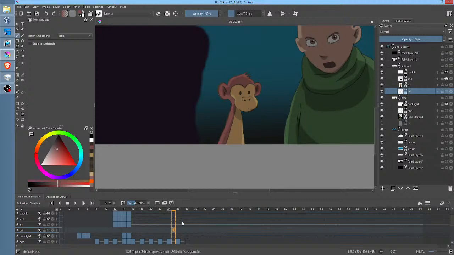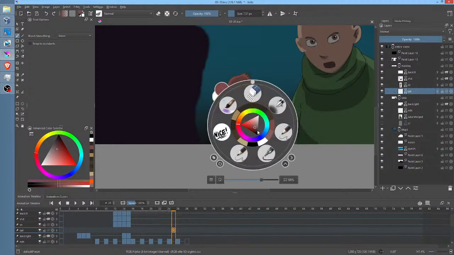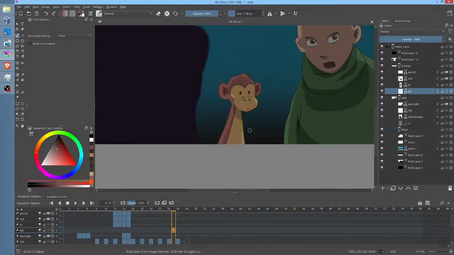and probably right about here we're going to grab this brush and do the same thing we did before. Make it about that size. Okay. Actually, I'm going to Control Insert. I'm going to make a copy of that and go like this.